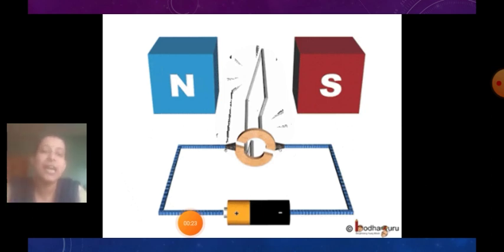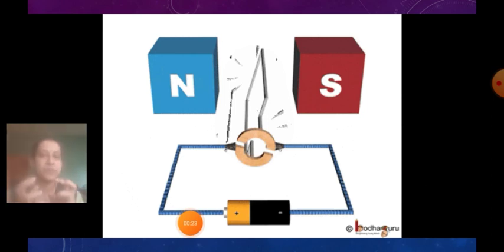Today we shall move on to the next part of the lesson, that is electromagnetic induction. We have already finished with magnetic effects of electric current, and the second part, as I mentioned in the first video, is completely different. It is just the opposite of the magnetic effect of the electric current. In the magnetic effect, current is producing a magnetic field, whereas here the magnetic field will be producing the current, that we are going to see today in electromagnetic induction.